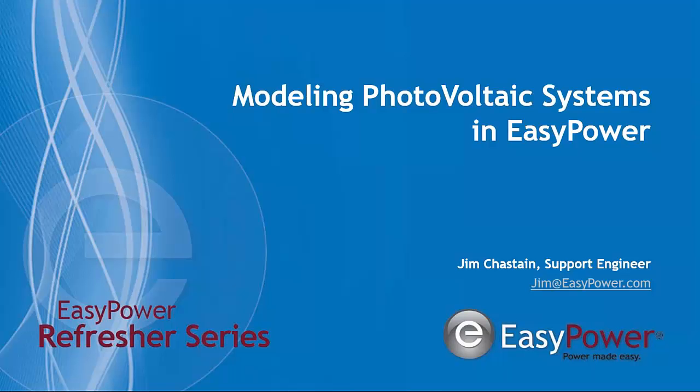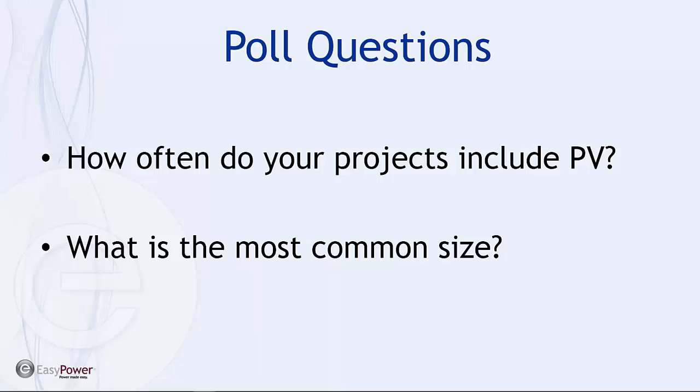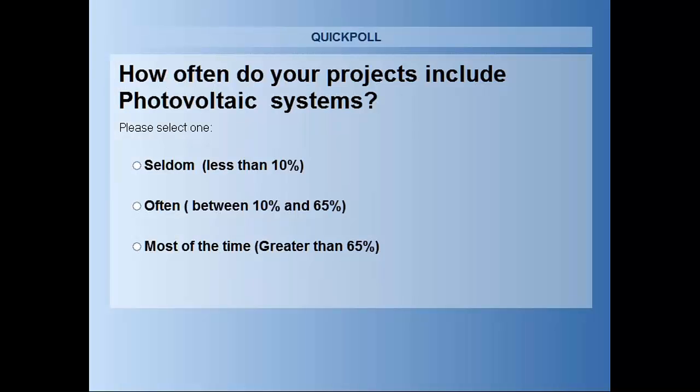Today we're exploring the specific topic of modeling photovoltaic elements in EasyPower. And as usual, we start each session with a poll question, and we invite you to participate to help steer the presentation, as well as provide feedback to our development team for the types of applications that people use EasyPower for. Today's question is basically, how often do you include a photovoltaic system and what's the common size? So if you would please help us with some feedback